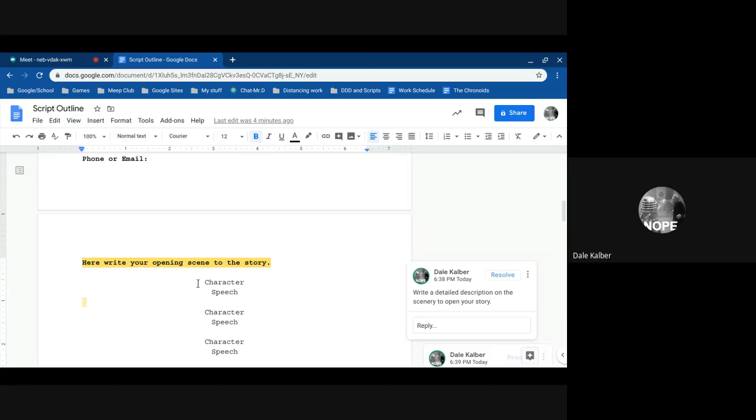So here, you would do it in bold and 12 text, just like this. You would write your opening scene of the story, and then so you can see, write a detailed description of the scenery to the opening of your story. I forgot the ing, but the opening of your story. Then you would write all the details,